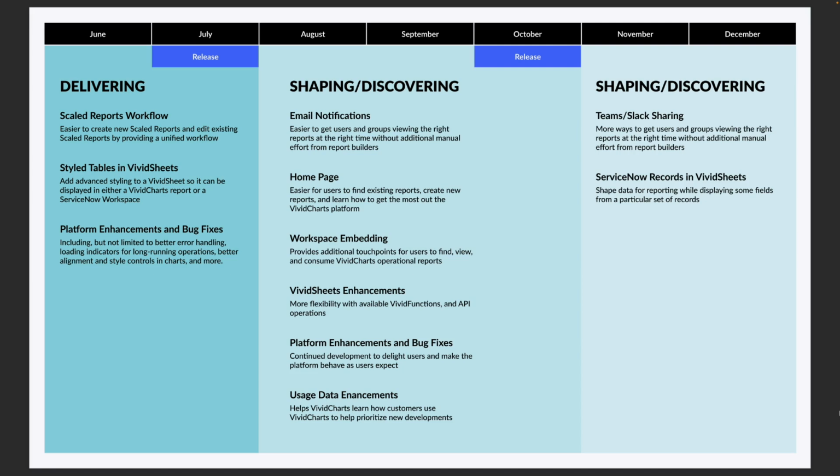Another concept we're working towards is workspace embedding, which is a way for customers to embed VividCharts slides or slide decks into the workspaces themselves. We're interested in this just as another way for viewers to be able to find the reports that they need